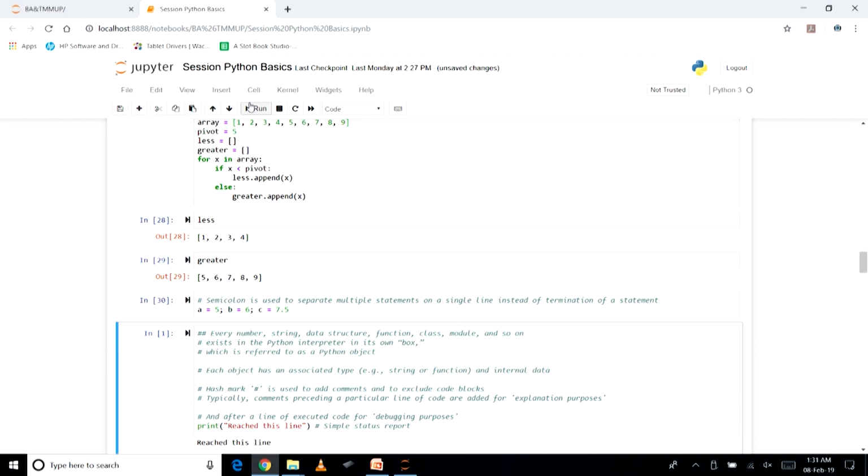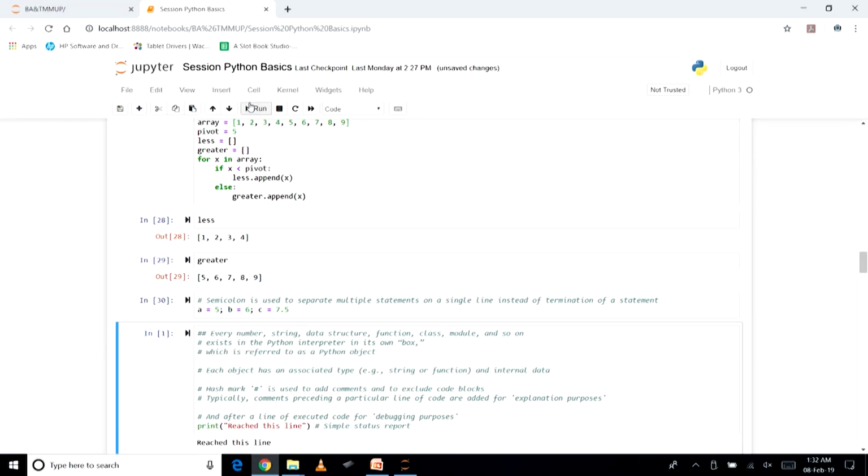Let us discuss a bit about a Python object. Any number, string, data structure, function, module, pretty much anything that we create in the Python environment is considered by the Python interpreter as an object.